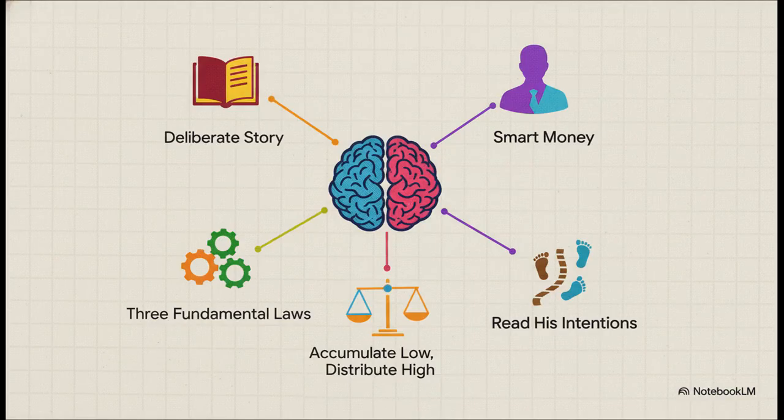So, let's just nail this down. The big takeaway is this. The market isn't random. It's a story of cause and effect. That story is directed by our main character, the composite man, who's just a stand-in for all the smart money. He has a simple playbook based on 3 unbreakable laws, and his only goal is to buy low, that's accumulation, and sell high, that's distribution. Once you really internalize this way of thinking, you can start to see his fingerprints all over the chart.